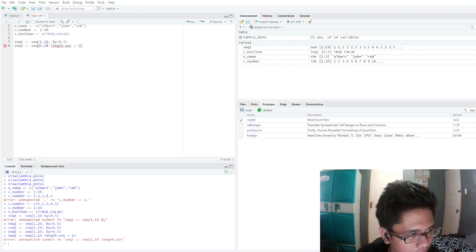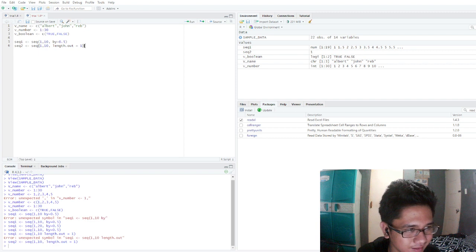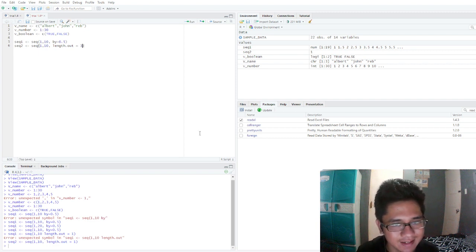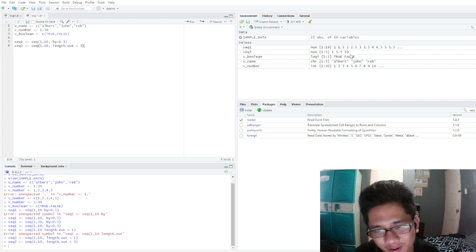And of course I forgot. Now this will run. Here we have sequence 2, which is length.out, and let's do 3. We see the value of this length.out, it divided by 3, and here we have numbers from 1 to 10 in 3 values.